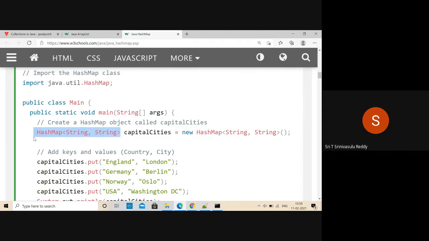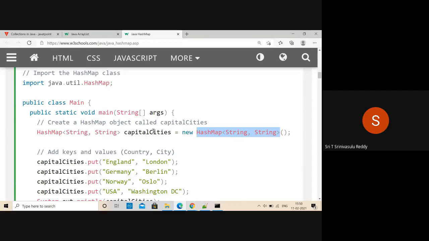Just now we said, how do you create an object of any class? By using the new keyword. And after new, what do you specify? The class name, the same class name. And after that, because this is a constructor, you are using the parentheses here. That's why, this is a constructor: new followed by HashMap of String, comma, String, a constructor you are using. After this, now you can keep adding.